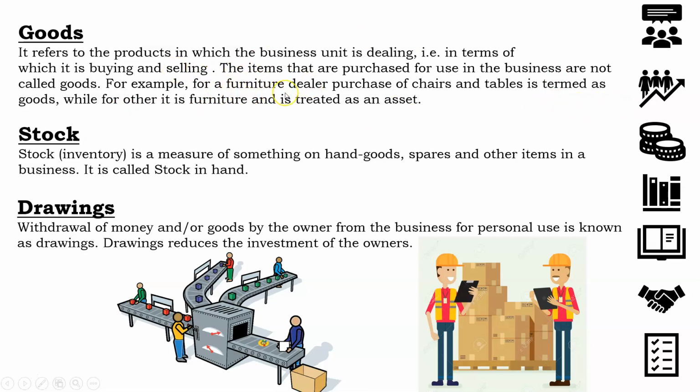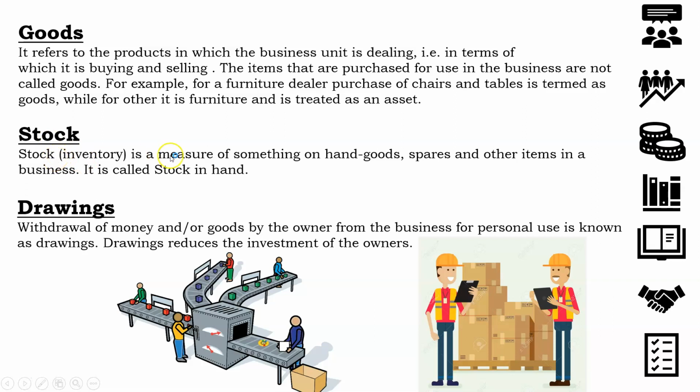Now, a furniture dealer, if he is purchasing chairs and tables, for that person, the chairs and the table will be termed as goods because he will have the business of buying and selling them. But for me, if I buy furniture or chairs for my boutique, it is not a good for me. It is an asset. Why? Because it will provide smooth functioning of my business. The customers will come, have a seat, and look at the things that I have to provide them. They can feast their eyes by looking at the products, but I don't have to carry on the business of buying and selling of furniture. So it will not be termed as a good, but an asset for my business.